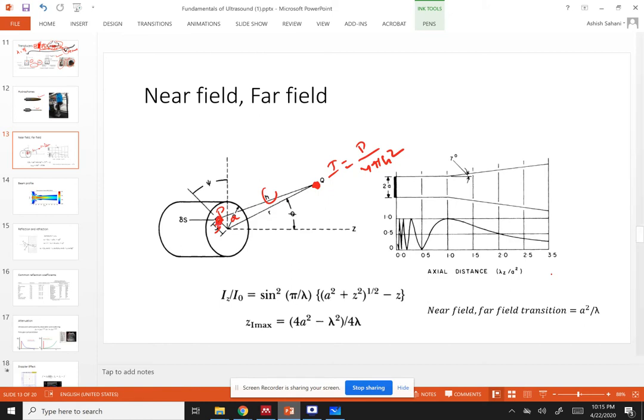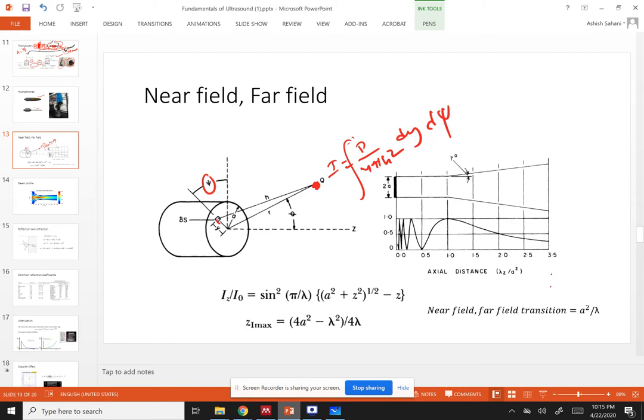So the intensity at this point due to this sub element of the transducer would be given by this. The total intensity here can be calculated as a sum, as the integration, of all the sub elements over this transducer surface. So you get an integration over y and over the angle psi, d psi. You can get an integration with respect to this to get the intensity at any given point.